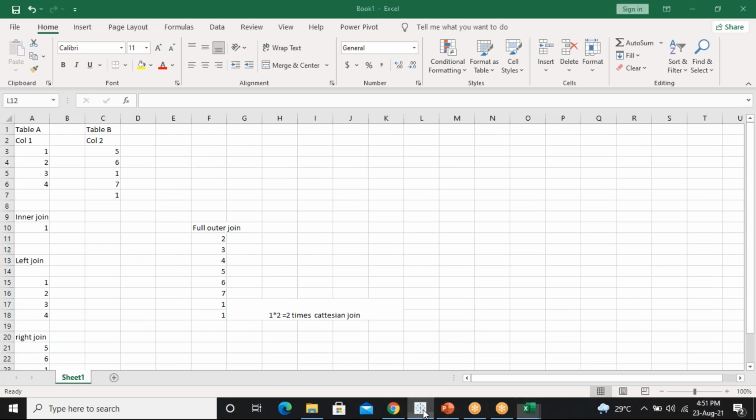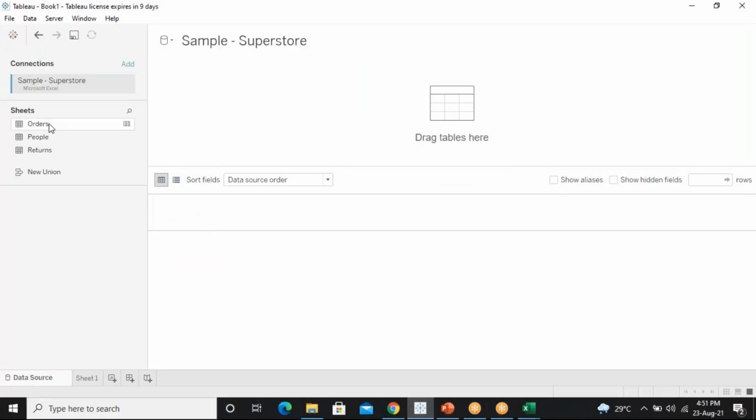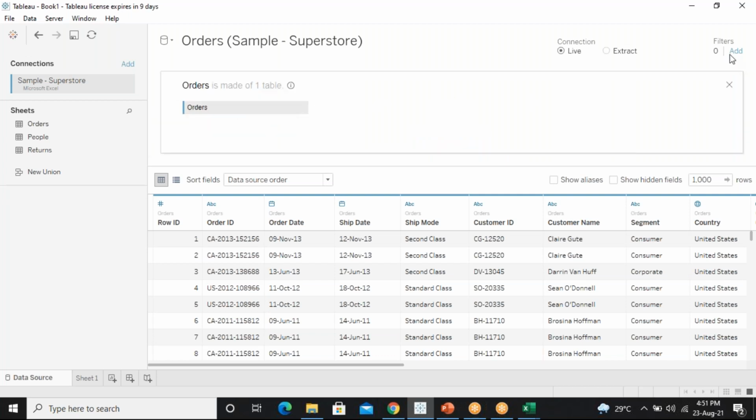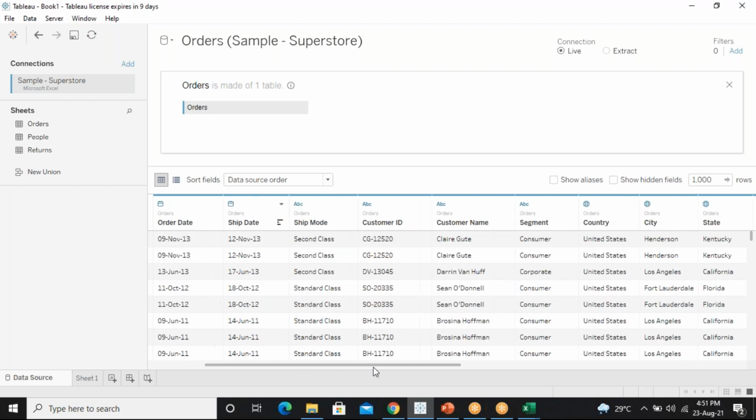So now it is open for you. Now what I will do, I will take this order sheet, and then I will take this people sheet. Before taking the order sheet, I want to know what data is there in the particular sheet.